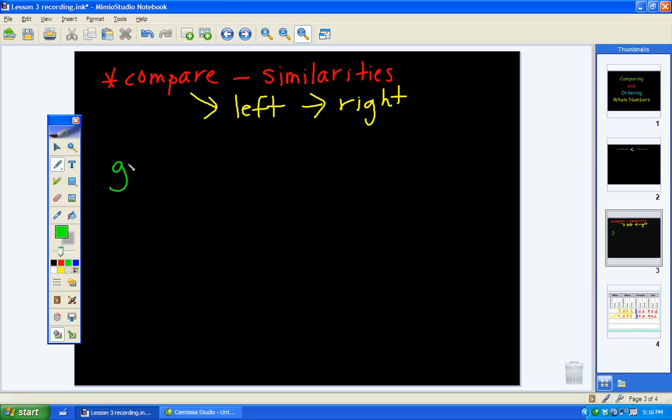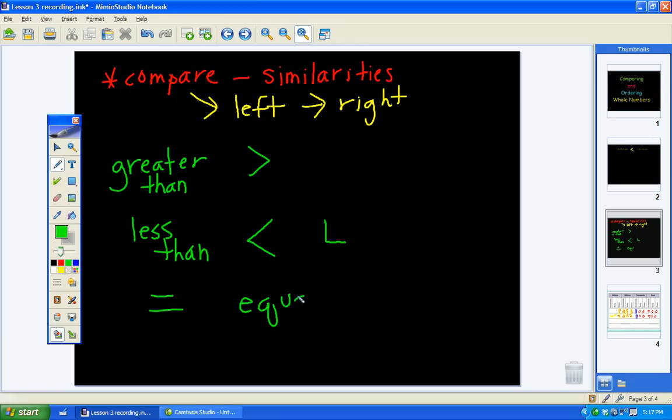The greater than sign actually is the one that faces this direction. I want you to try to get away from the alligator eats the big number or Pac-Man eats the big number. Try to remember, see how the letter G goes this way? So does the greater than sign. So that's the greater than sign. The less than sign is the opposite direction. It goes that direction. It's just kind of like a capital L. If you look at a capital L, do you see how they both open that direction? So you can remember that's less than. And of course you have your equal sign. So those are the three symbols you need to know in order to compare numbers, like we just did with